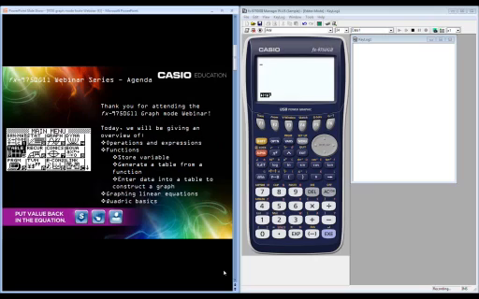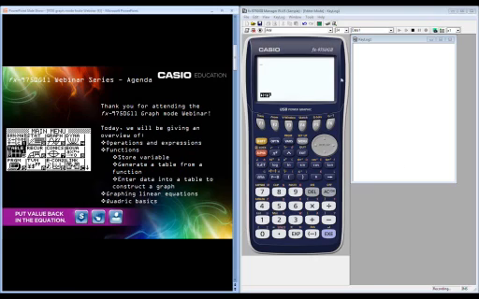Today we're going to look at a couple of different things. We're doing very, very basics with the 9750G2. So if you've never used a calculator, a graphing calculator before, or a Casio graphing calculator before, I think you're in for a real treat. When I first learned how to use a graphing calculator, I will admit my age, I learned how to do math on a slide rule. I was intimidated and frightened to use it, but the 9750G2 is very intuitive.